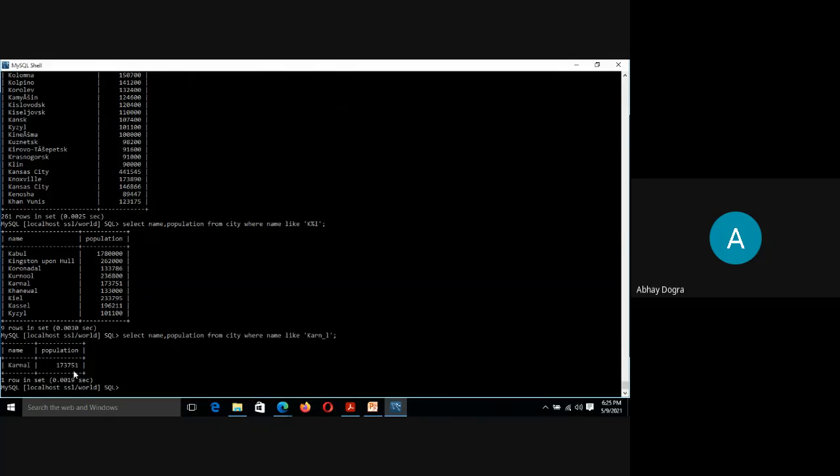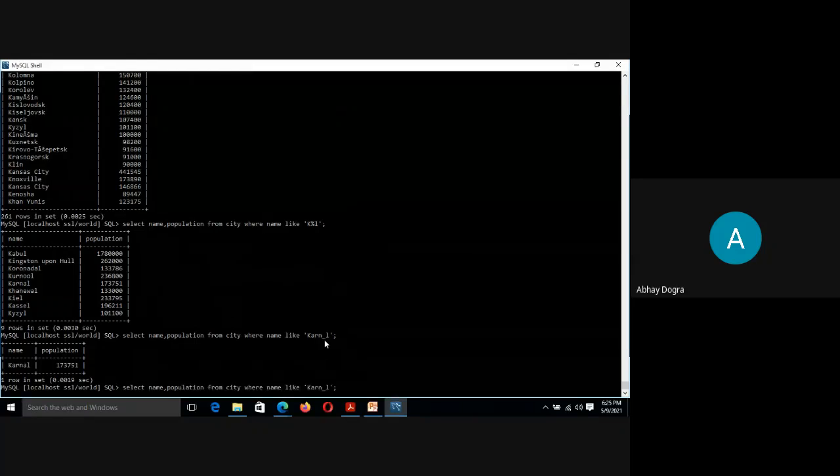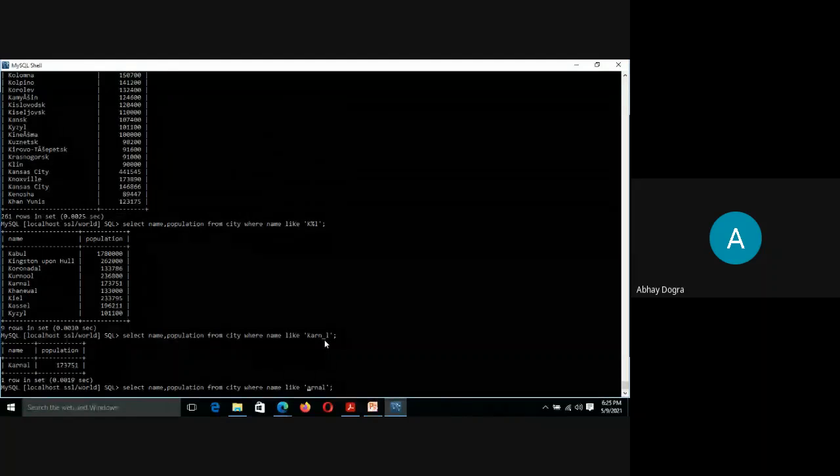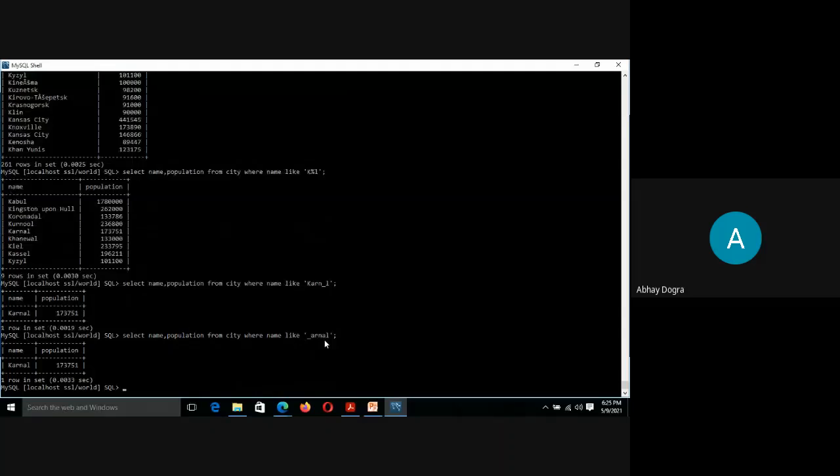That's the main difference. इसने निकाला यहाँ Karnal because I forgot कि N के आगे क्या था. So I have put this wildcard character. It can be like this also. तो मुझे start याद नहीं है, but Arnal something याद है, तो can be like this, right? So this is how we can use the wildcard characters, and wildcard characters are used especially when we are not sure about a particular item's name, right?